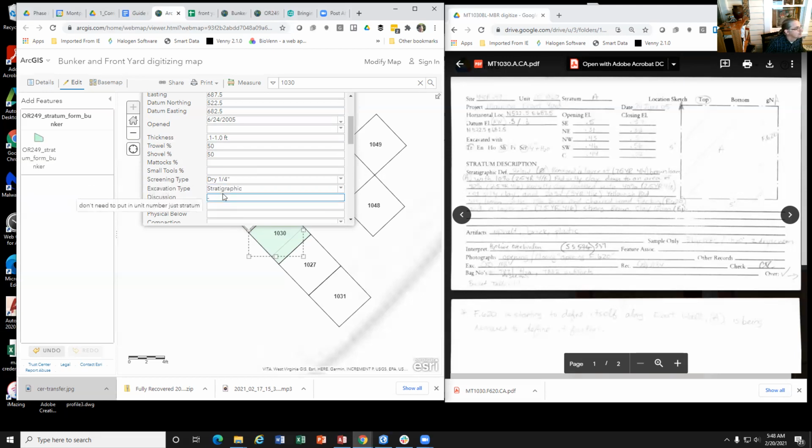And for the discussion, this is where we get into the stratigraphic definition and the stratigraphic description and discussion. And so for this, we just type everything here from below all the way down to, and you can see this hint right here comes up, taken from the first part of the stratigraphic definition. So we'll start this below O.